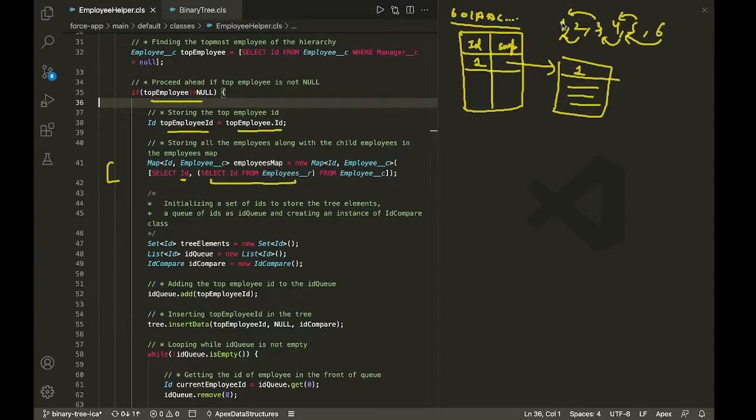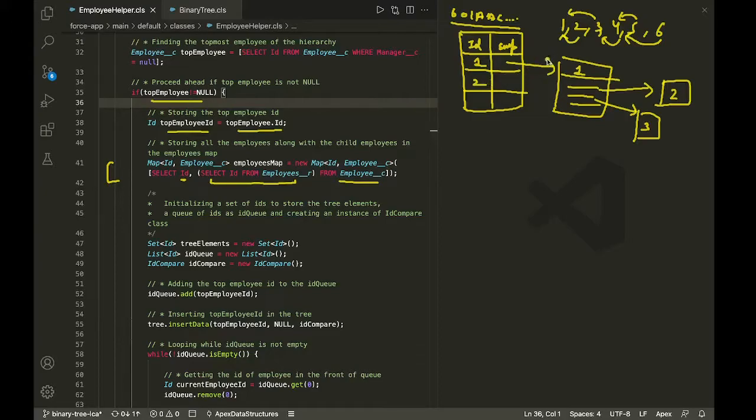So let's say employees number 2 and number 3 are reporting to 1, right? So I have 2 employees here. This is employee number 2 and this is employee number 3 that are reporting to this particular employee. For each employee, I'm going to have a list as well, which is a list of employees along with their IDs, reporting to the current employee. Similarly, I'm going to have employee number 2 here as well. Although 2 is coming as a child, it is going to be queried from here as well because we are querying all the employees here.